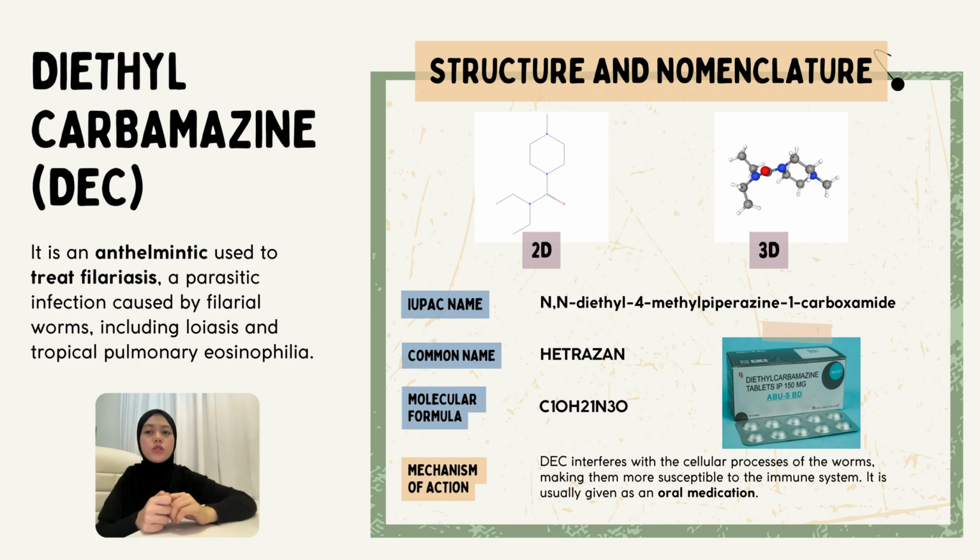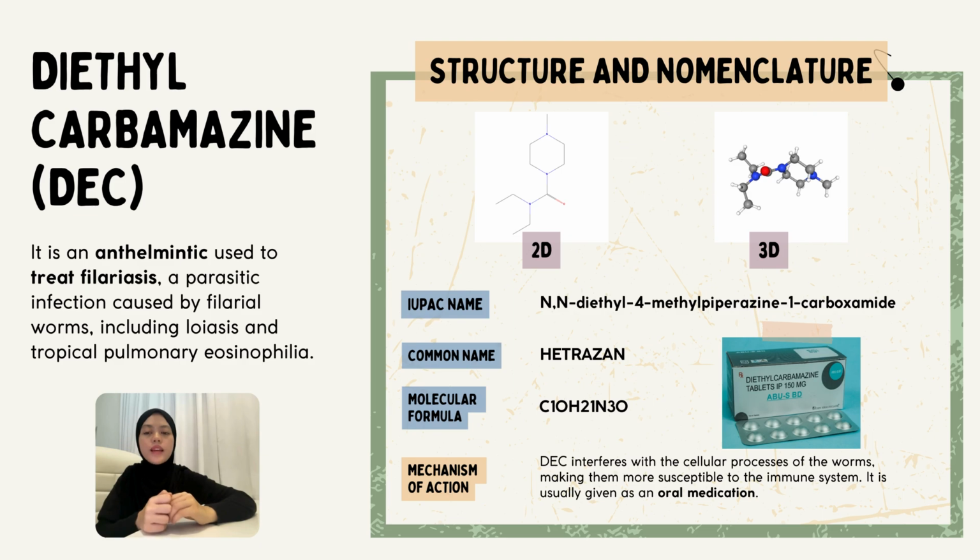As we can see from the 2D and 3D structure, this molecule has N-diethyl groups on one side, a methyl group attached to the fourth position of the piperazine ring, and a carbamide group which is bound to the piperazine ring. Hence, the IUPAC name is N,N-diethyl-4-methylpiperazine-1-carboxamide. The common name for diethylcarbamazine is DEC or Hetrazan, and the molecular formula is